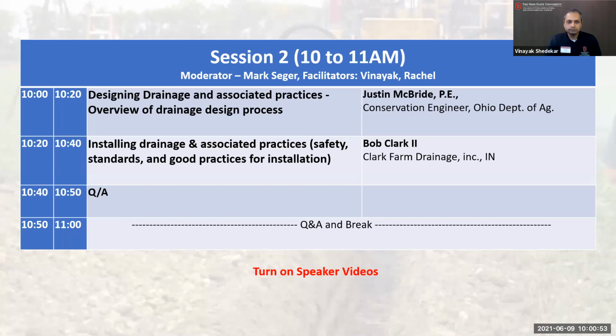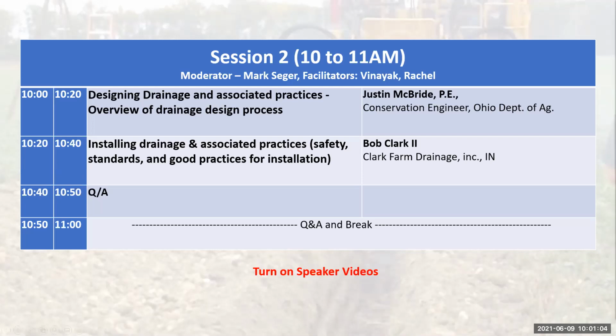Our first speaker today is going to be Justin McBride, and he's a professional engineer with the Ohio Department of Agriculture, Division of Soil and Water. He attained his Bachelor of Science degree from the Food Agricultural Biological Engineering Department at the Ohio State University back in 2012, and he has since been working with the Ohio Department of Ag. He works on many conservation practices from animal waste storage structures, petition drainage projects, wetland projects, waterways, those types of things. And I know that he is also on the no-till board here in Ohio.